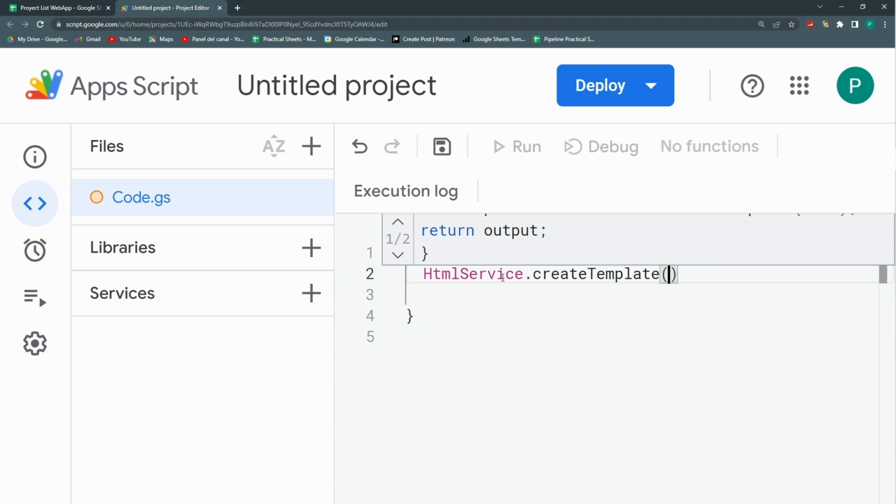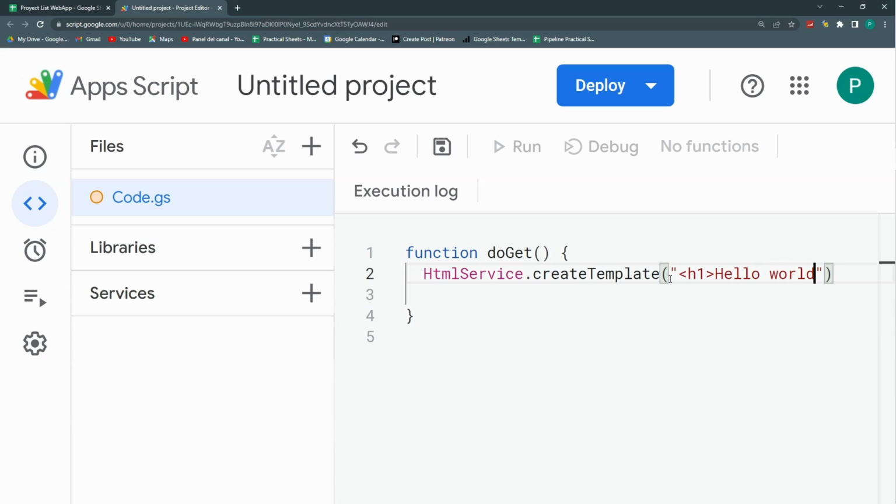We are going to need an HTML line or text. So here we can just say, we can have a header and say hello world. If you don't know anything about HTML, well, you just need to know for now that it's comprised of tags. That's it. Everything is inside tags, but you could leave it out of tags and it would work anyway. Okay? So it almost will work, but the thing is that when you do createTemplate, you always need to